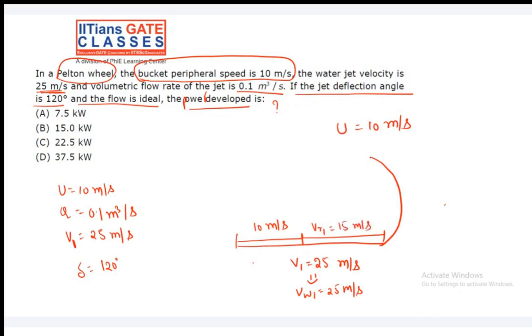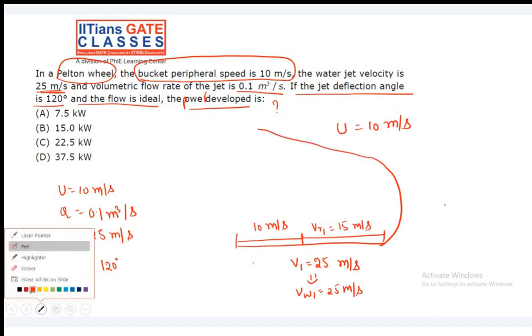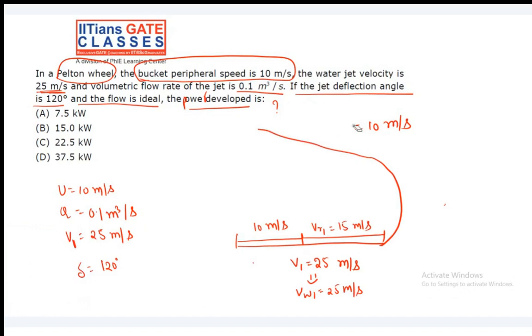Then what we have at the exit is vr2. This value is vr2, and it says that flow is ideal. That means this vr2 will be equal to vr1, which is also 15 meter per second, and we know that u1 is equal to u2, so this is also 10 meter per second. And now what we need to do is